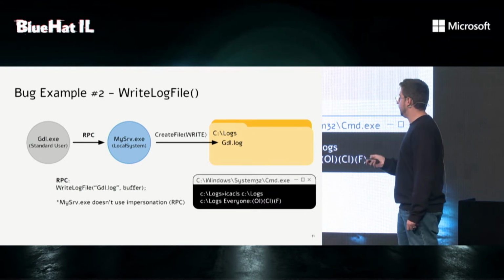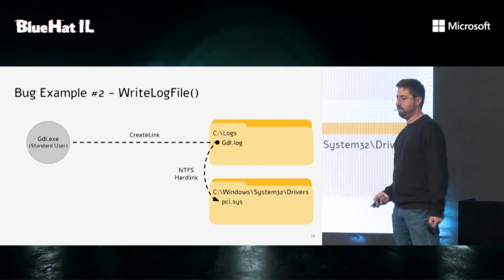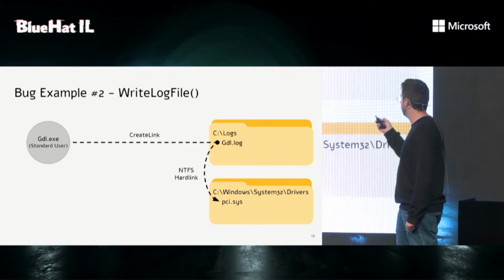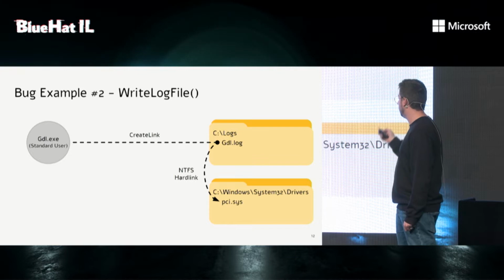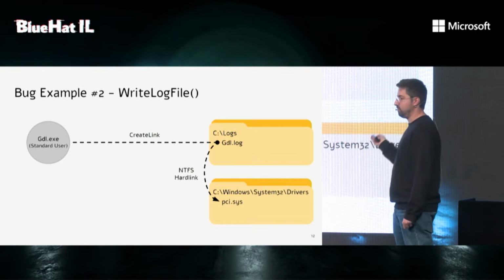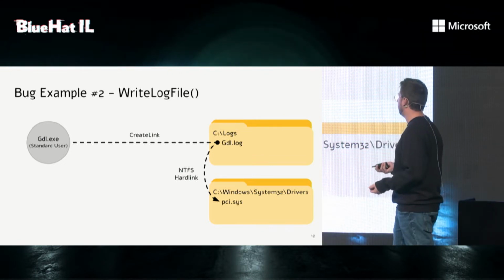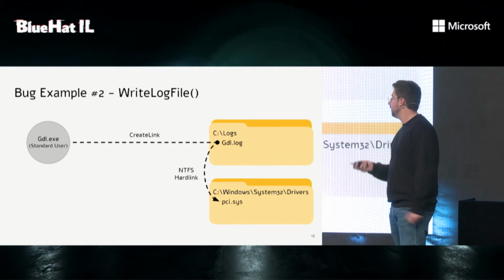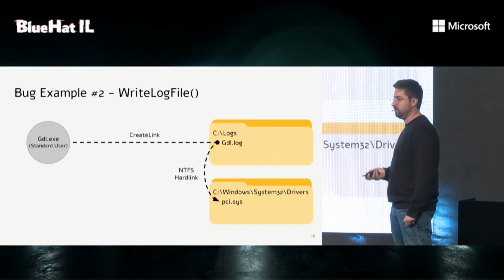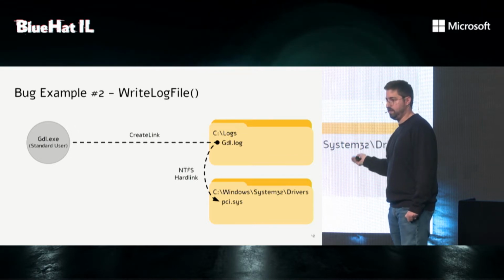And if I wanted to exploit this vulnerability, from gdl.exe, before calling that RPC interface, I'd create a file system link. For example, an NTFS hard link between the file clogs.gdl.log and pci.sys. Now, I can do that despite the fact I have no write control over pci.sys. This is not needed for creating the link. And on its own, it's not a security risk, because even after I created this link, if I try to open the file clog.gdl.log, my token would be compared against the security descriptor of pci.sys,